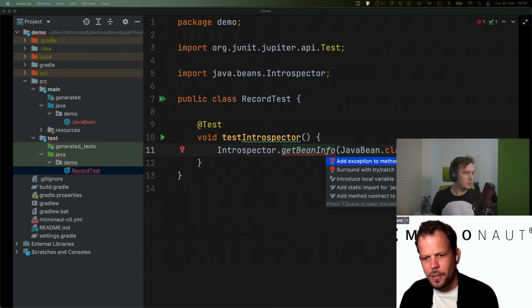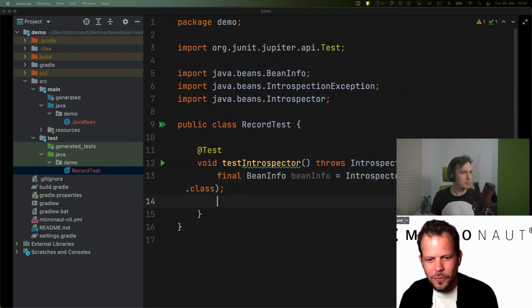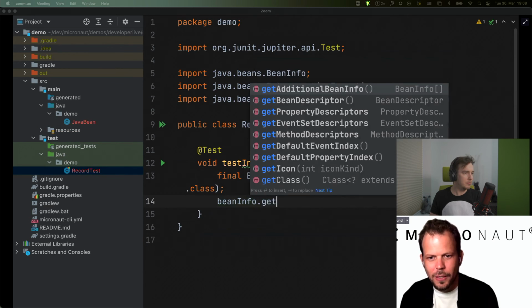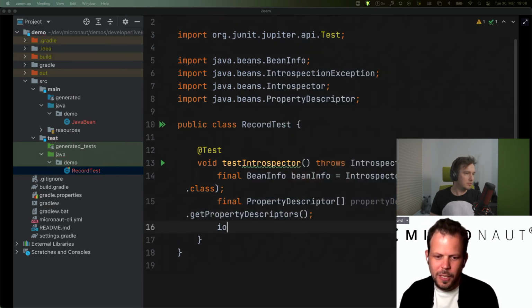Because this is a really old API, it throws checked exceptions all over the place. That would give you the bean info, and then you could iterate over the property descriptors like this,